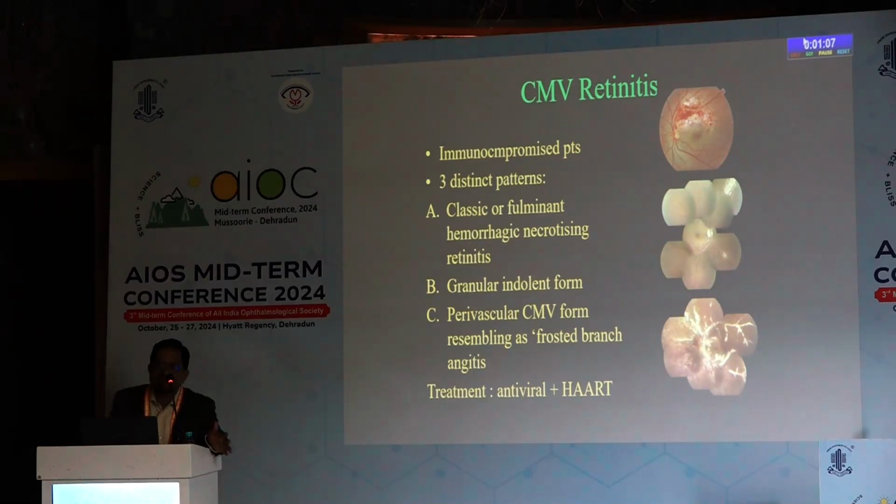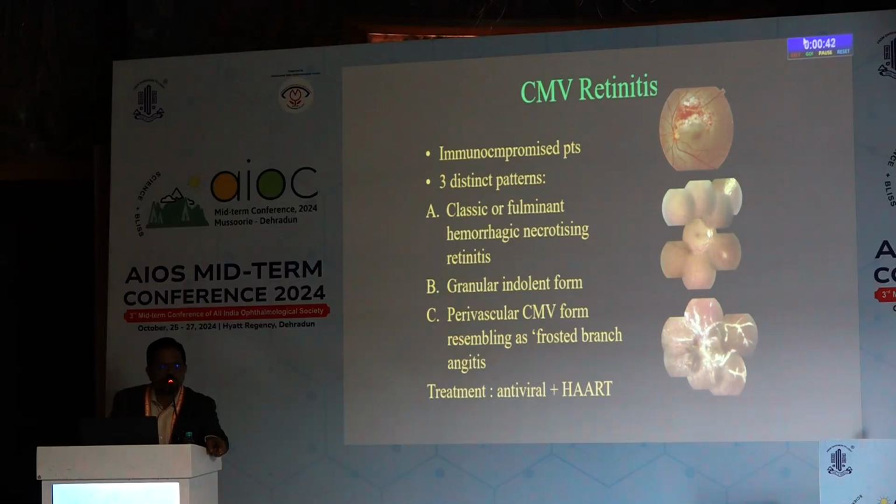The classical one is fulminant hemorrhagic necrotizing retinitis, which presents with massive hemorrhage and exudation around the major vascular arcade, giving it a pizza pie appearance. The other one is a granular form, which is usually seen in the periphery. There is lesser retinal edema and necrosis, and the most fulminant form is perivascular CMV, which looks like frosted